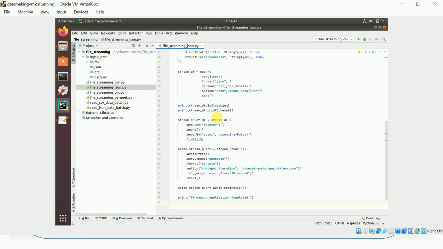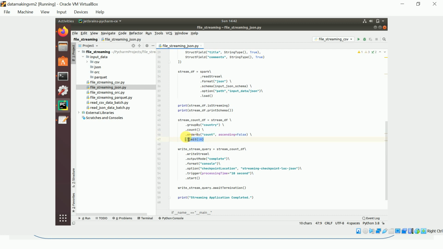So how do you take it? We saw this is a raw data frame, which is raw data. So we can group by the country column and find out a count. That way you get how many users there are in each country, and then you order by the count column in descending order so that the top comes first.